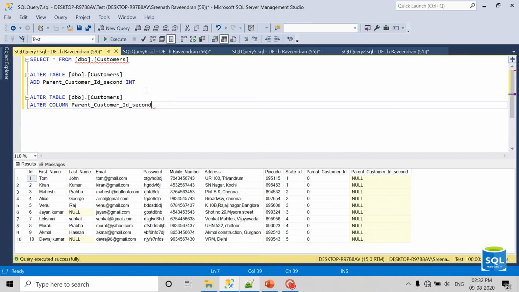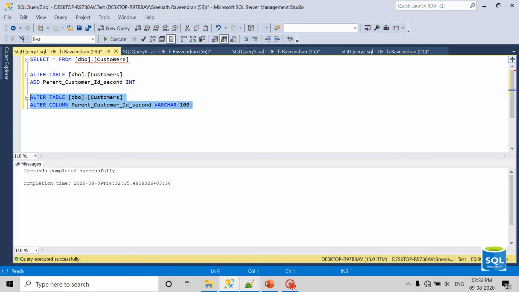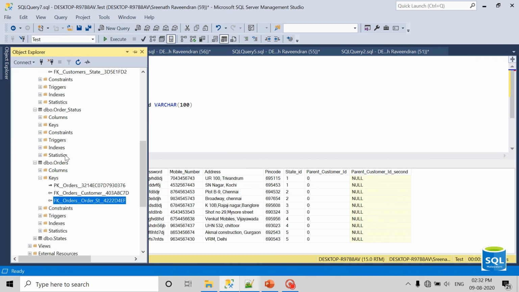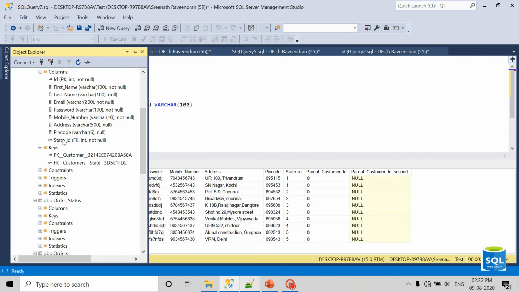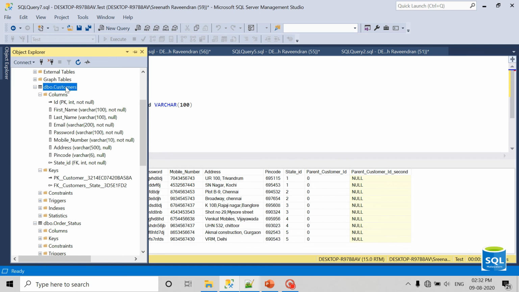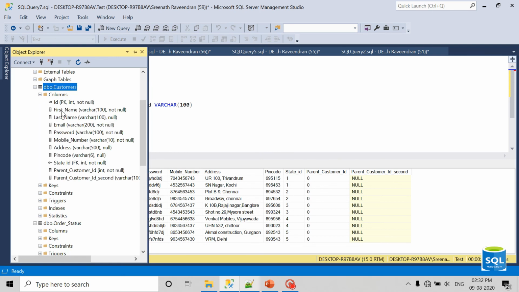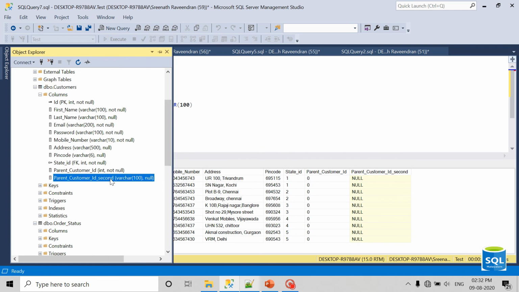Then instead of integer, I'm just updating it, converting it as varchar. Yeah, it's updated. If I want to see the data type correctly, just refresh the columns so we can see, yeah, it is converted as varchar 100.